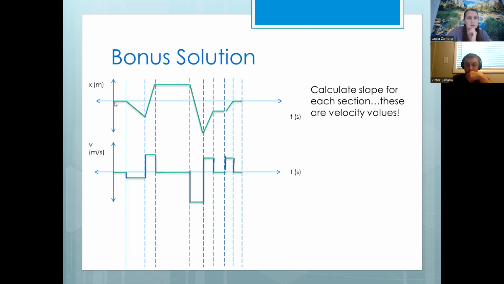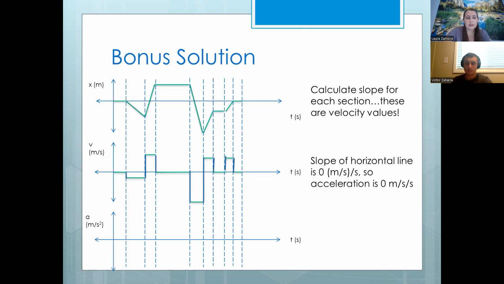This first section has a slope of 0, so it has a velocity of 0. This one is a negative slope, so it has some negative value. This one is a big positive slope, so it has a higher positive value, etc. So this would be approximately what our velocity graph would look like. Same process for